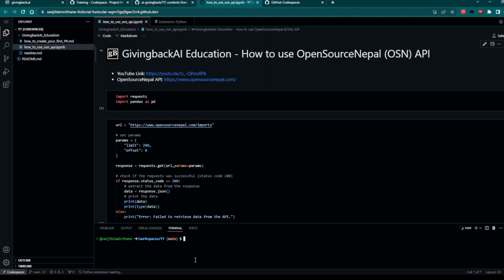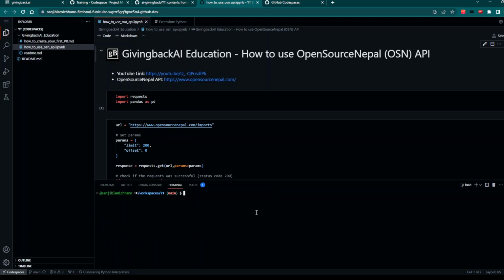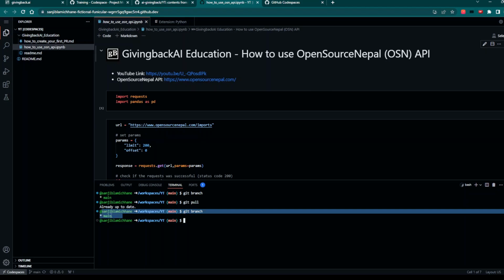So from here I will first check what branches I have, right? What are the branches that are existing? So I'll do git branch. It's a command to see the branches available, so I can see that there is only one branch. So if I do git pull, let's see if it's gonna pull any more branches, and let's do git branch again. It has only one branch, right? So let's create one brand new branch. So git branch -b, and the name of the branch is going to be training,